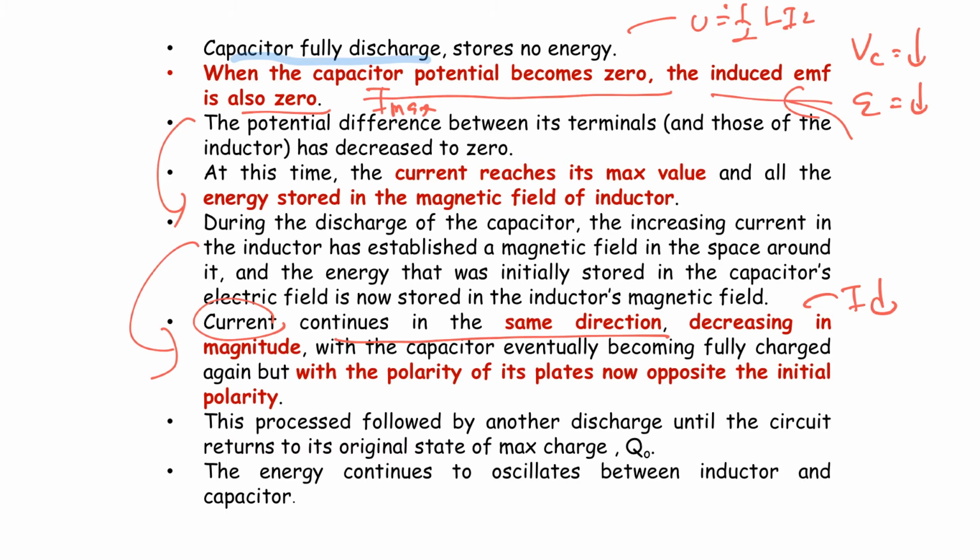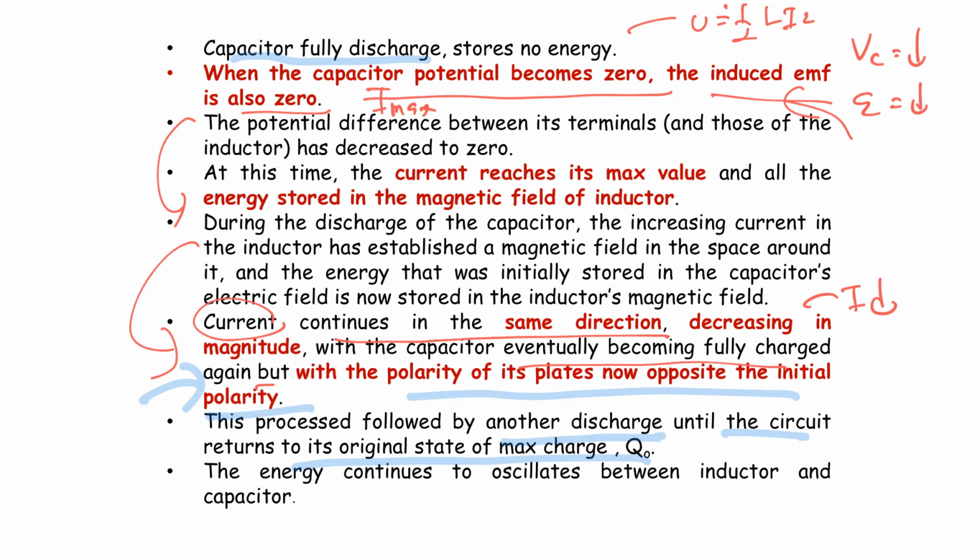Once it's fully charged again, the polarity of the plates is now opposite the initial polarity. This process is followed by another discharge, until the circuit returns to its original state, at which point all the energy is stored, which means that at this particular time